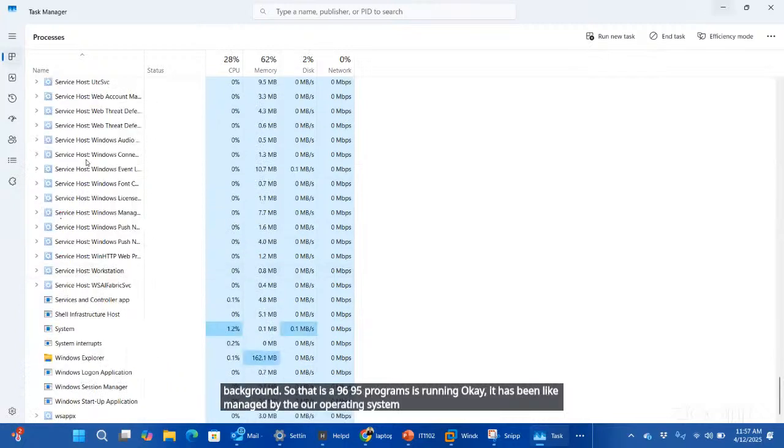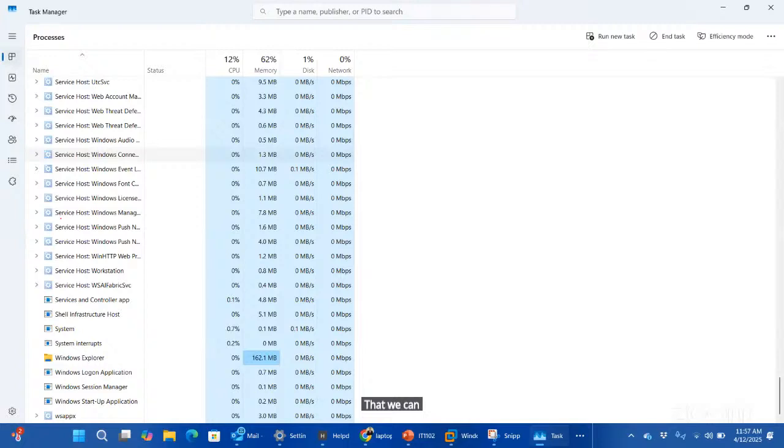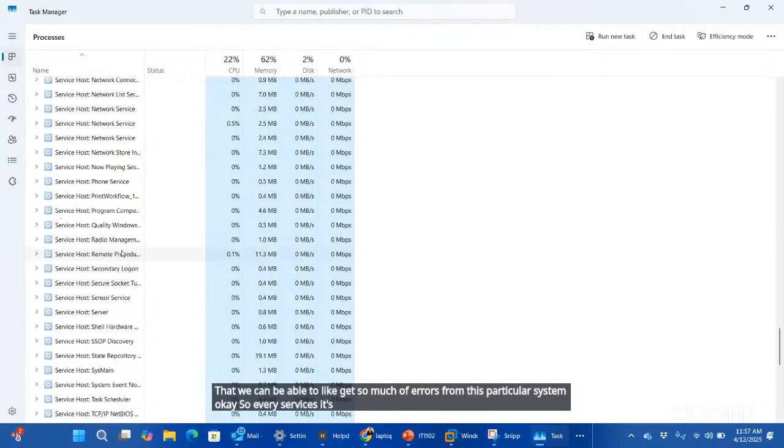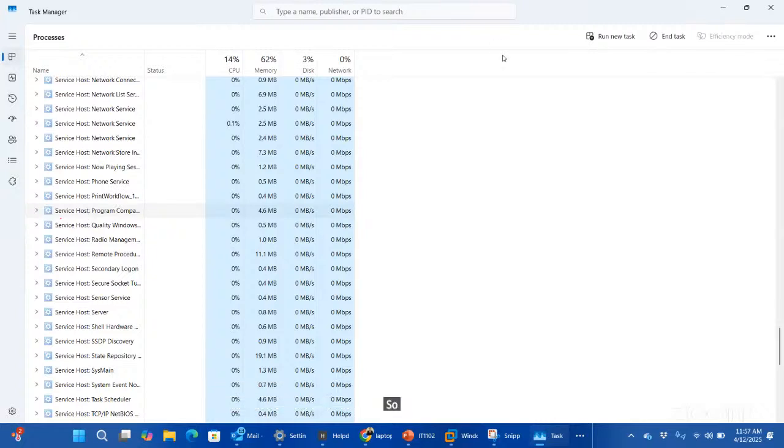Once one service is disabled or not working, we can get so many errors from this system. Every service running by the operating system needs to run perfectly. So if I make any changes or stop a program over here, it will mess up my whole task and produce errors.